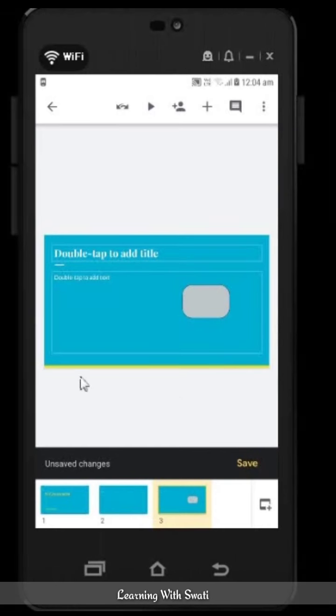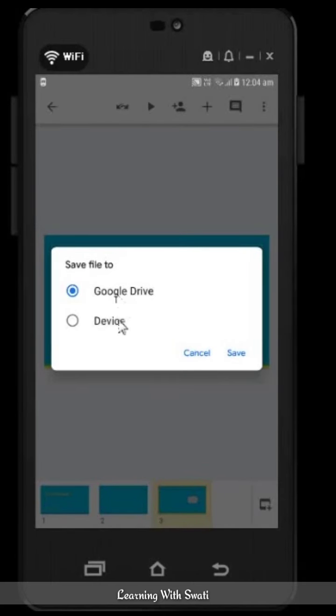So like this we can make the PowerPoint slides by using Android phone. And finally you have to save your presentation or your slides. You can choose in a device or on